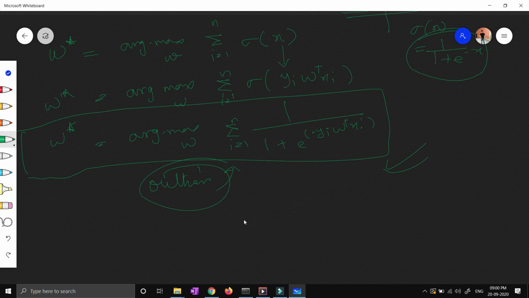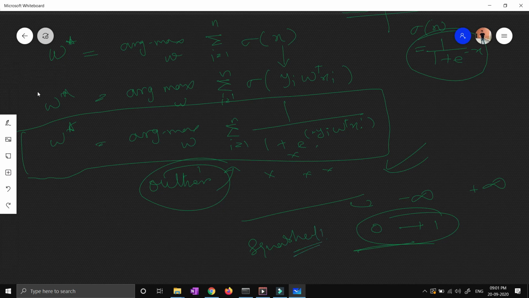So if this is my hyperplane and I have many points over here, my distance will lie from minus infinity to positive infinity in the normal scenario. But if we take this equation using the sigmoid function, we have squashed the value to between 0 and 1. So this is the reason we use the sigmoid function, and this is the basic fundamental approach of squashing and handling the outliers while solving a logistic regression problem.